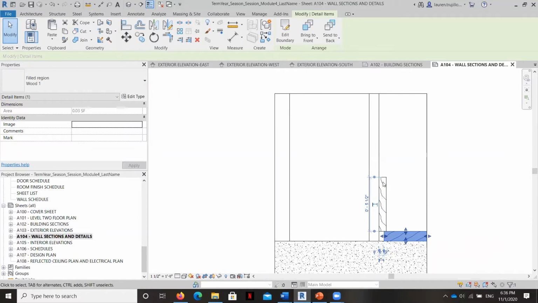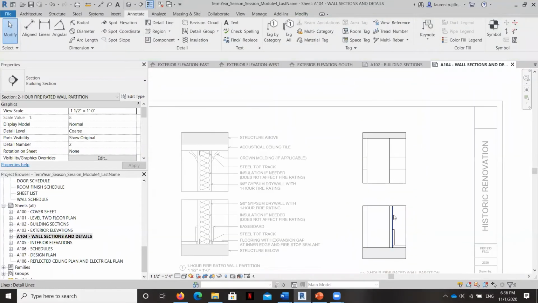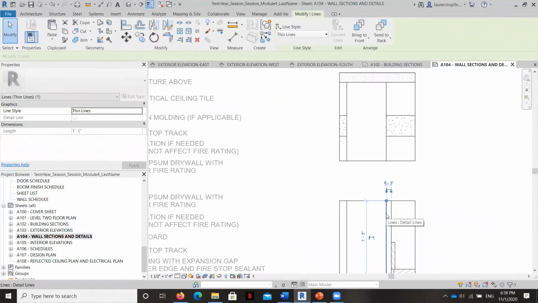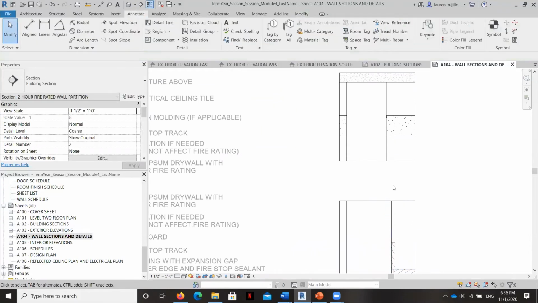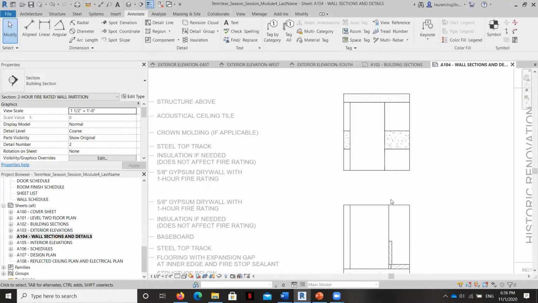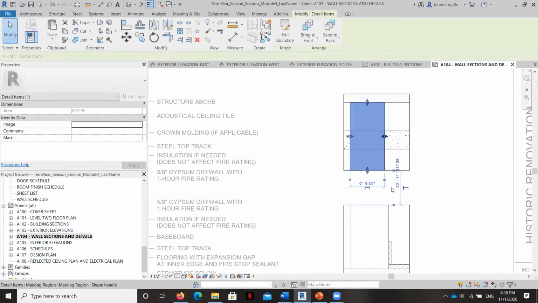I put a detail line here and created a filled region, again, just to indicate a baseboard if there was going to be any. And I have added a couple of detail lines that I want to explain to you here on this bottom section. So this is our wall here, and it appears that it got hidden here.